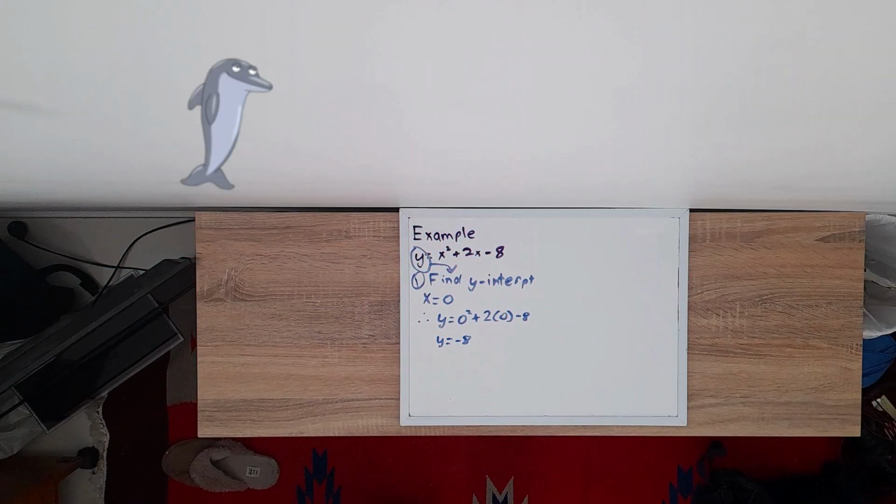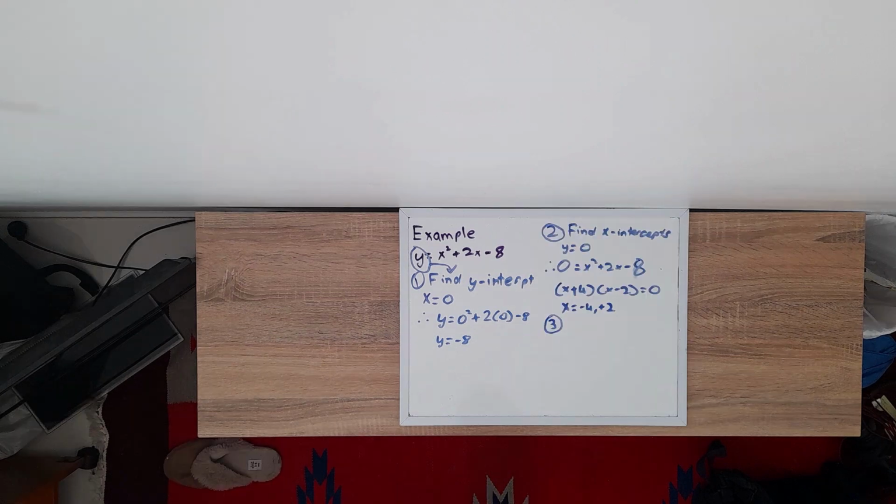Let's do an example. So here we have an example, x squared plus 2x minus 8. By making x 0, we can find the y-intercept by algebra, which is minus 8. Next we have to find the x-intercept. There's going to be 2 of them because a normal parabola goes to 2 points. For this we have to make y equal to 0 and do quadratics to find the intercepts of minus 4